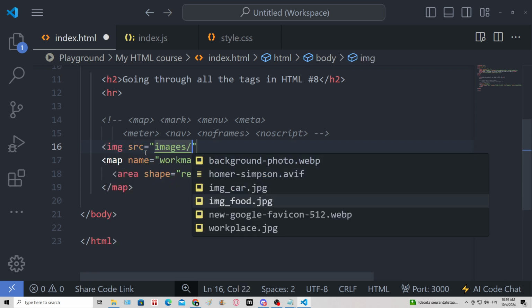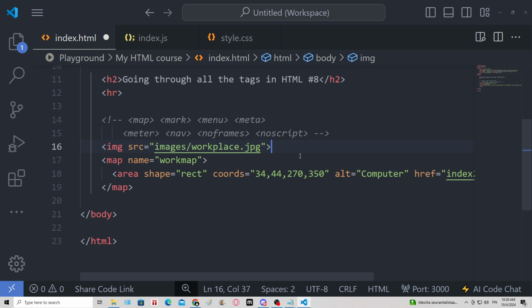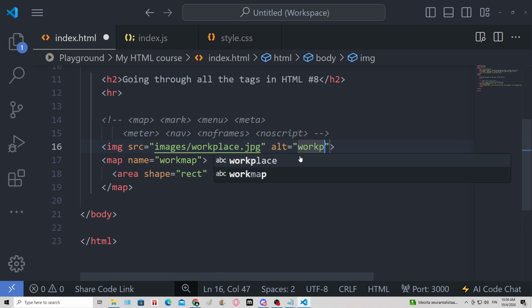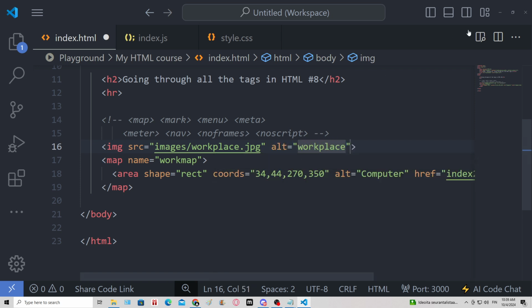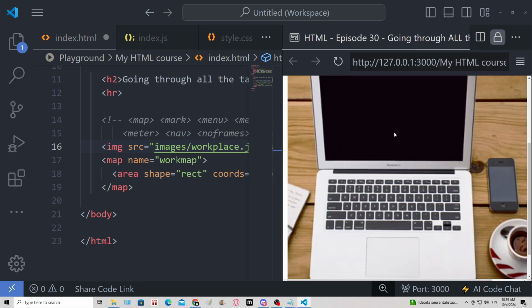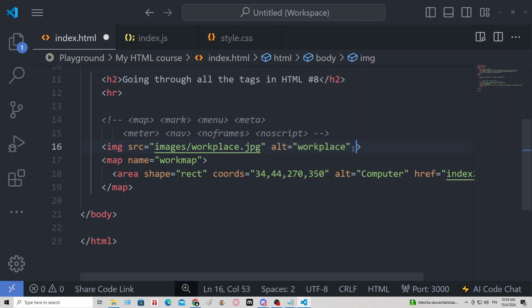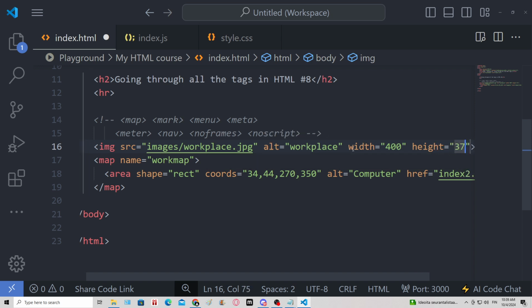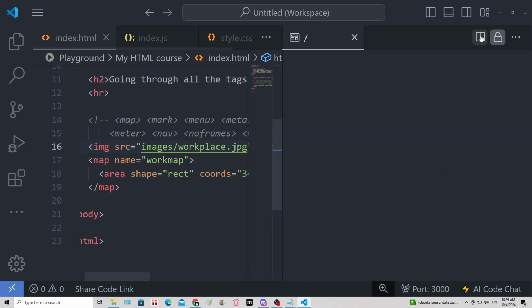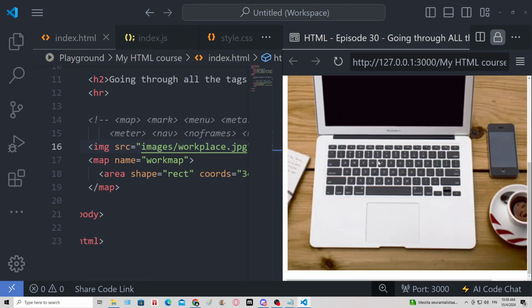There we go, and let's take this one. Alternative text, workplace, and let's open this. By the way, I'm gonna also set the width to be 400, height 379. So when we click on the computer, for example,